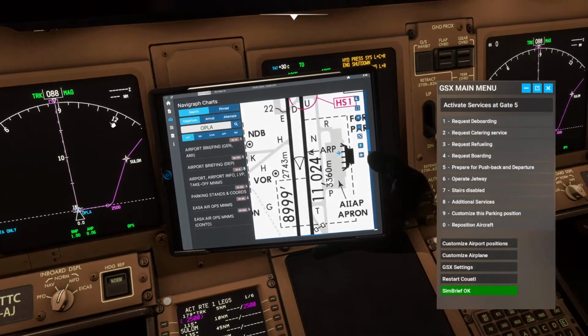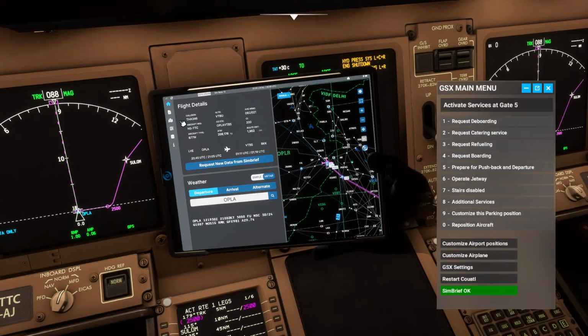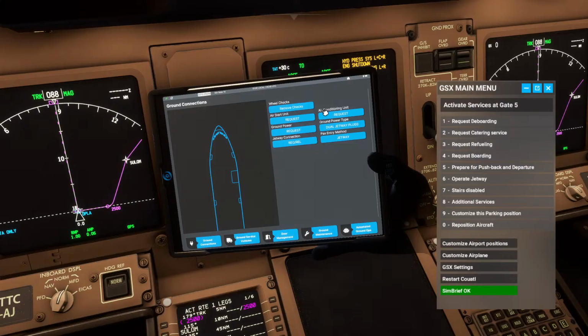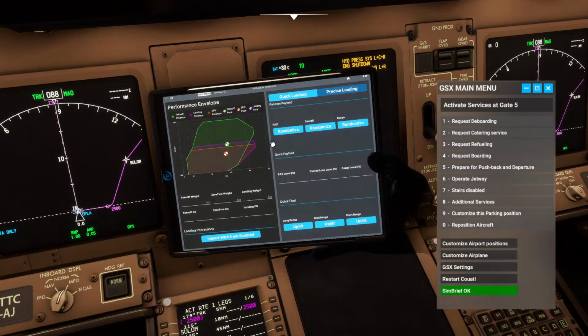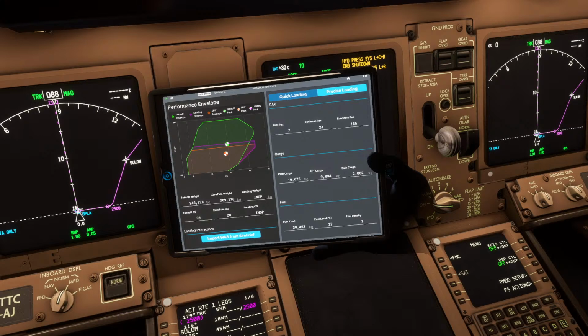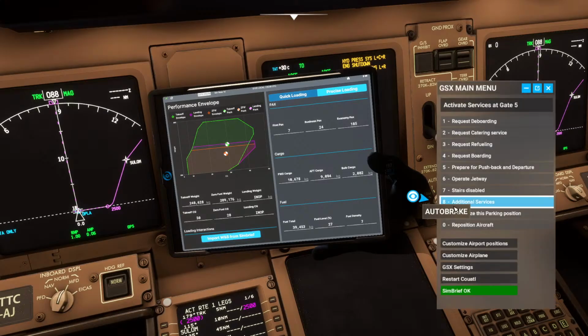So, do we have a tablet integration for this? Do we have some integration with SimBrief like in the Phoenix performance tool, ground operations, remove shocks, store management, ground services? Do we have weight and balance, precise loading, quick loading, precise loading? How about if it says from SimBrief? I'll just take this and